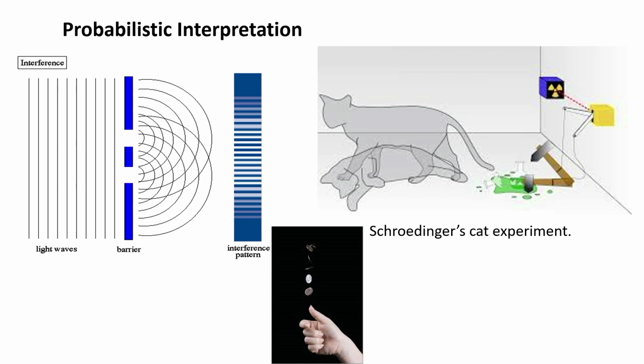That container contains poisonous gas or a poisonous liquid, and there is a hammer kept in the vicinity of that. So, if this cat goes and breaks the container, the poisonous liquid will spill out, and that will cause the cat to die. And if the cat desists from doing such a mischief, then the cat will